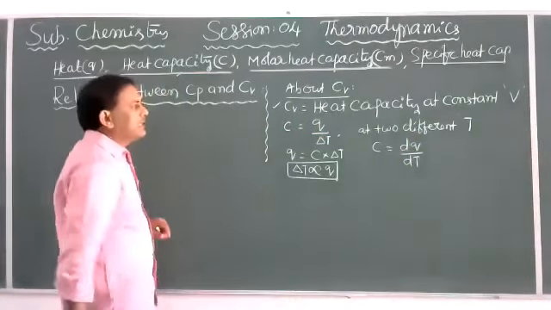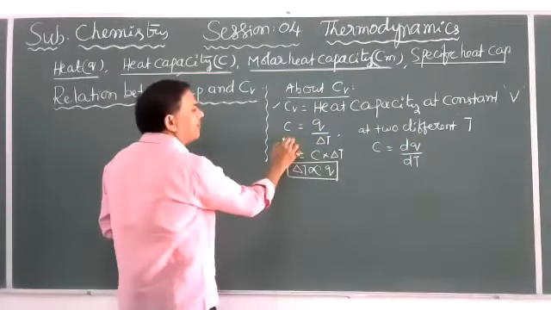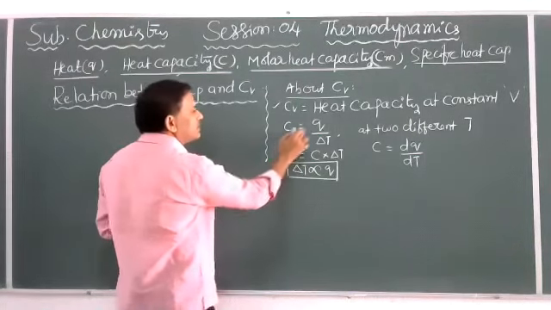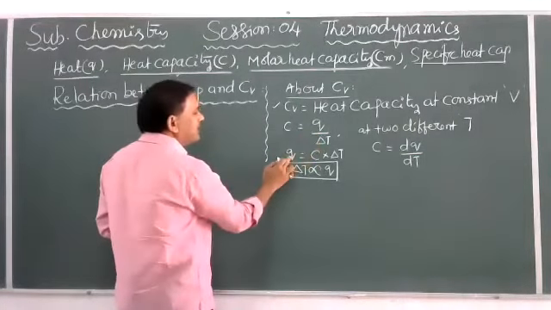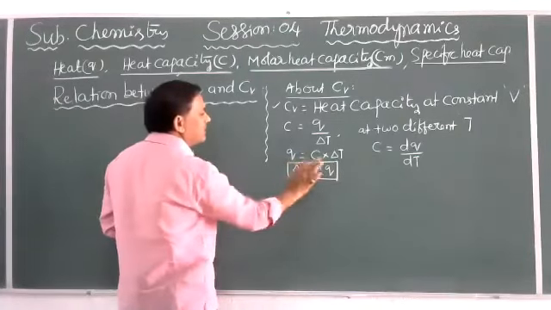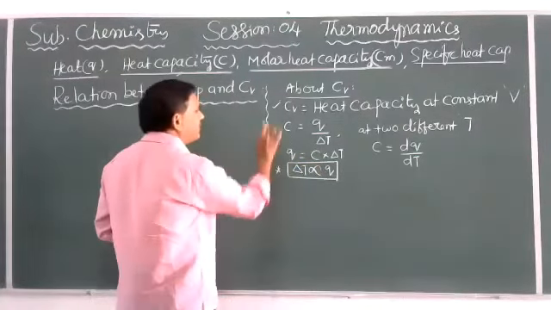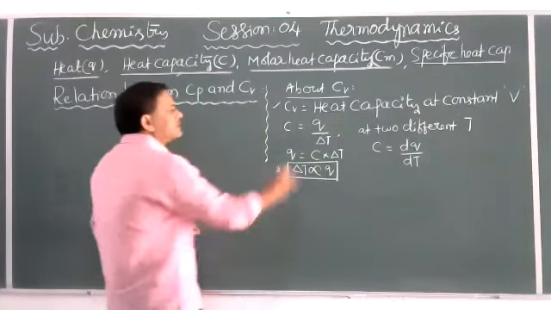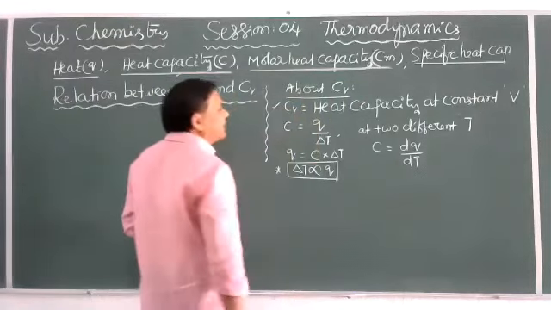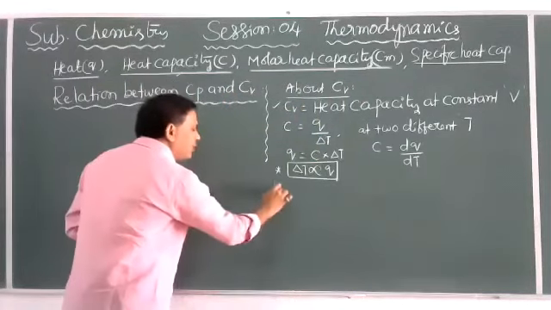We know the heat capacity of a system, C is equal to Q by delta T. Q is equal to C into delta T. This is the definition of heat capacity. So the heat capacity at constant volume. To get that, we know that